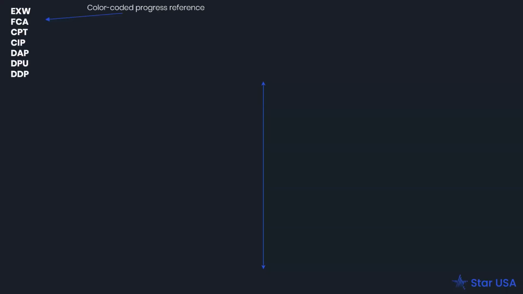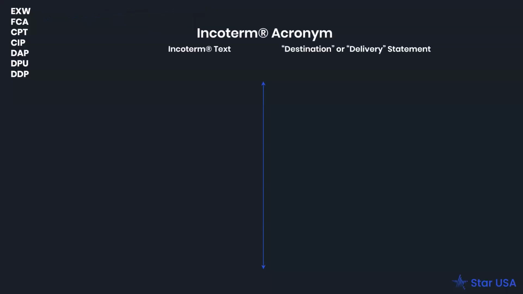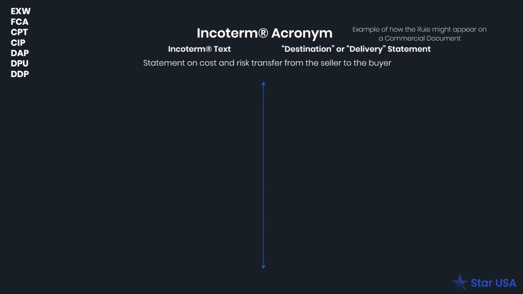On the top left, there's going to be a color-coded progress chart that shows which Incoterm we're on. I'm going to give you the Incoterm acronym at the top, followed by the text of the Incoterm, as well as a destination or delivery statement relating to what the parameters of that Incoterm are. I'll give you an example of how the rule might appear on a commercial document, just as a reference point. And I'm going to give you a statement on the transfer of costs and risks between the seller and the